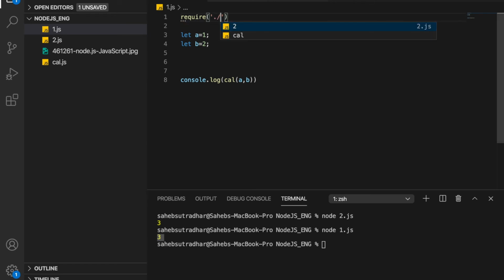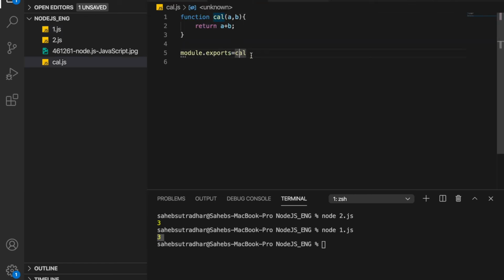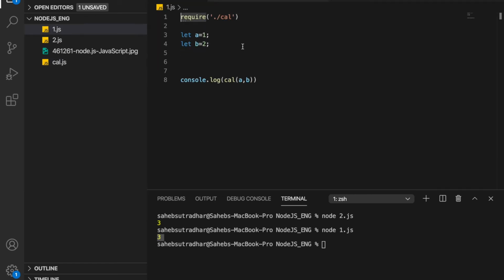This string is nothing but the path of this file, calc. You don't need to put .js because Node.js is smart enough to understand it's a JavaScript file. This module is returning a function, so we need to store that function. Now we can use this function here.